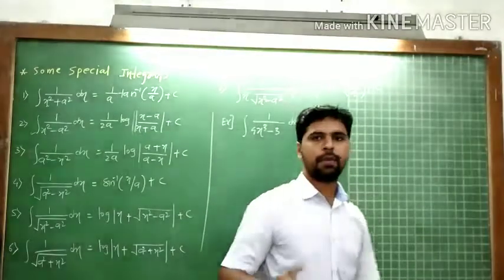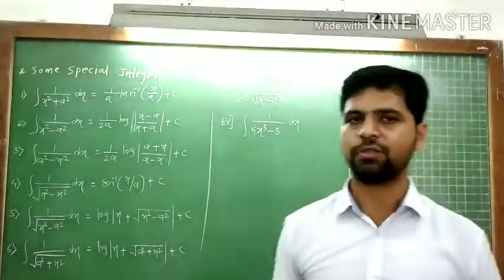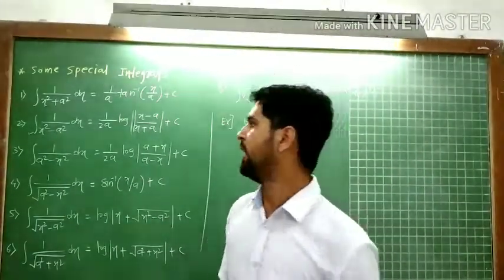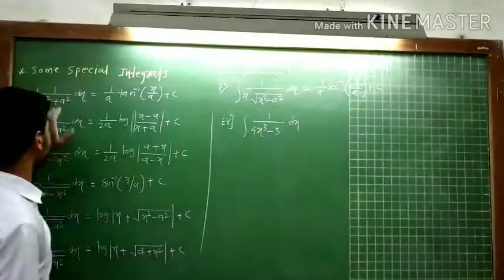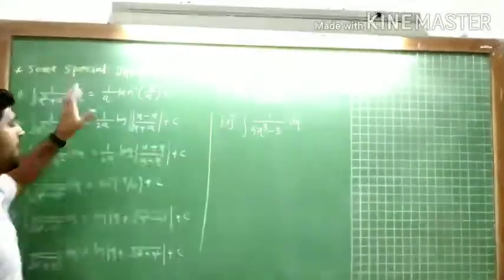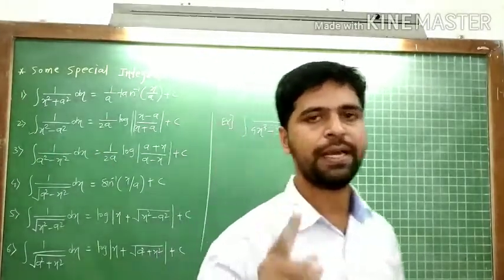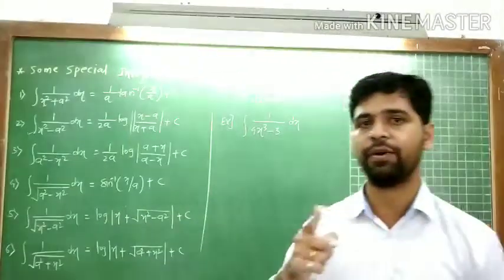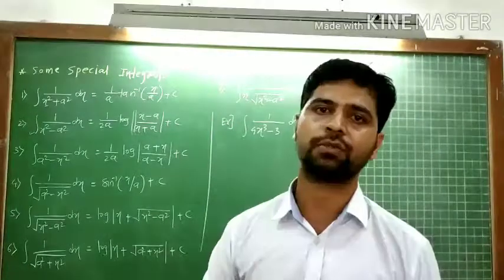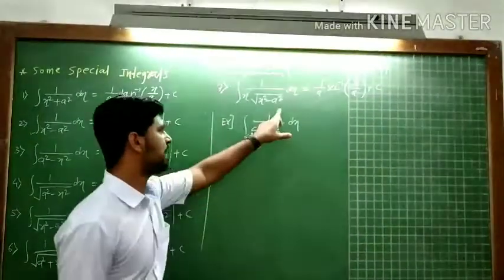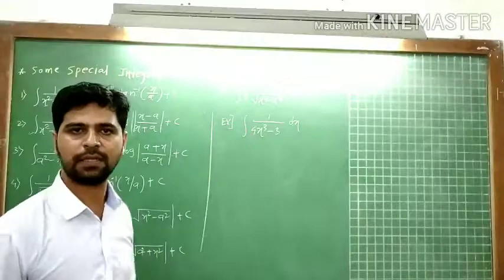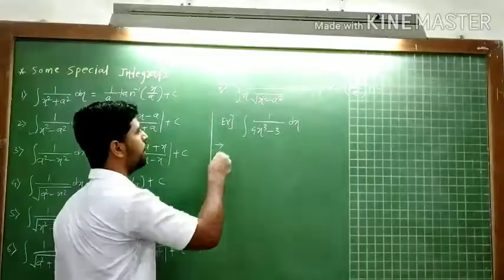See, as I told you, x square should be in isolated form, right? In every formula, x square is in isolated form and your a is also in square form. In every formula you have seen a square, it is given as a square. Never is it a. It should be a square. Okay. So the example is 1 upon 4x cube minus 3. So what, according to this formula